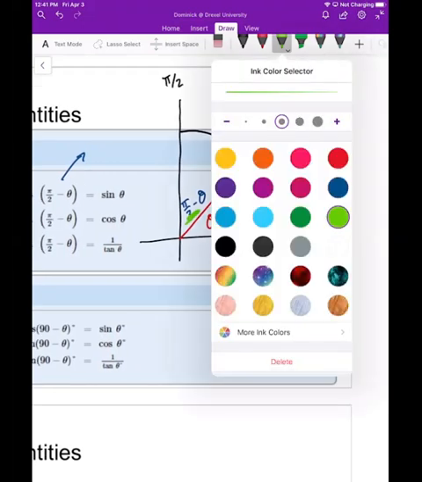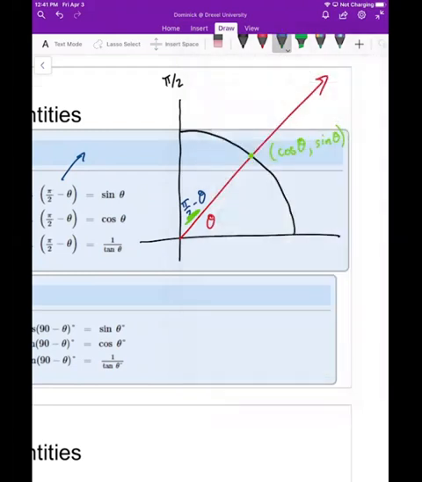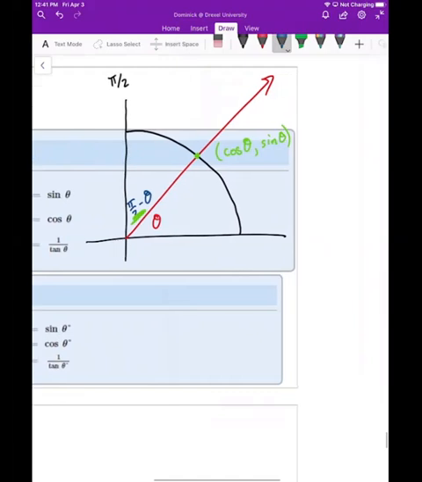So it's also going to be only now it's a little bit different, of course, because now your angle, of course, would have to be